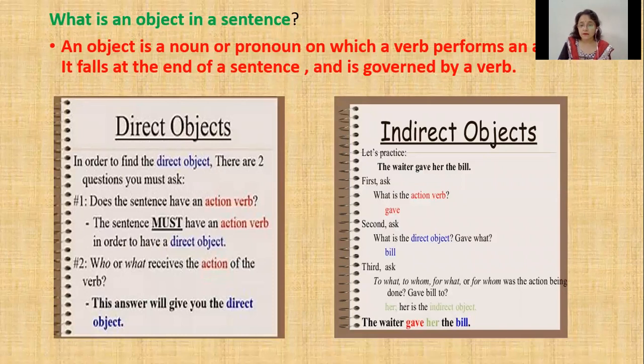Here, the indirect object is the recipient of the direct object. Recipient means the receiver of the direct object. The bill is direct, and gave is already here. Who gave what? The waiter gave the bill to whom? To her. So here, her is the indirect object. And can you notice one thing? That her is followed by a main verb. Yes, my dear kids, an indirect object is always followed by a main verb.